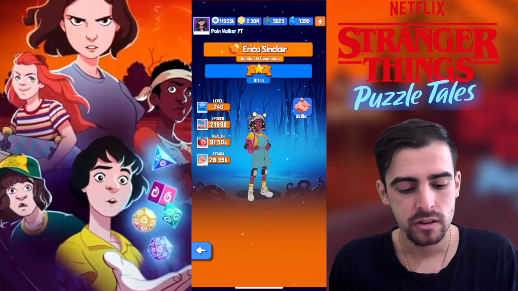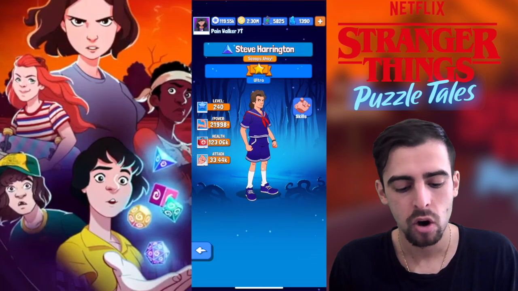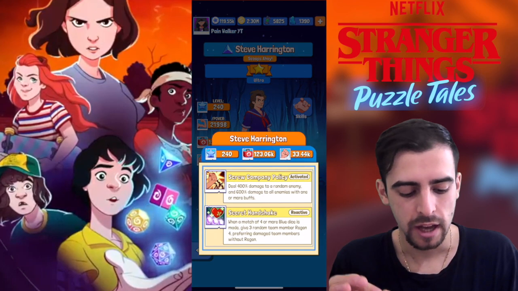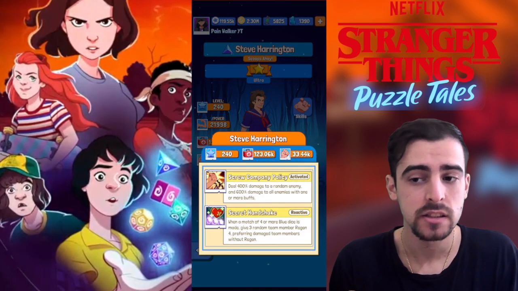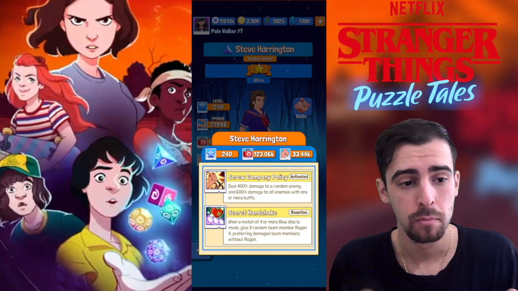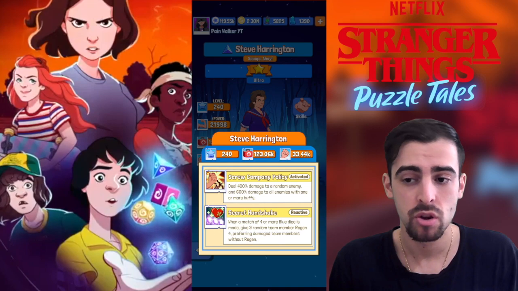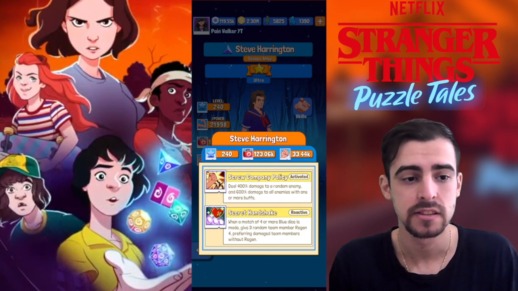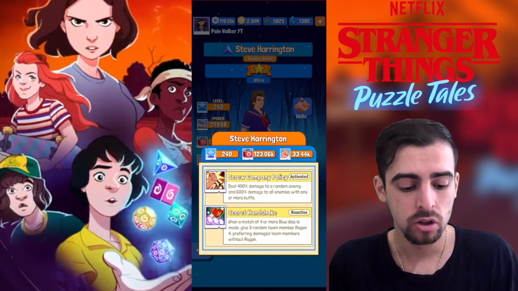Next one on the S tier is Steve Harrington. So he also gives regen, but this one is a bit harder to activate. It activates when you have 4 or more blue dice, though this one I get at least 2-3 times per mission, because a mission has 3 waves. And when you have characters that constantly activate dice, like Nancy and Dustin, you get to see a lot more blue